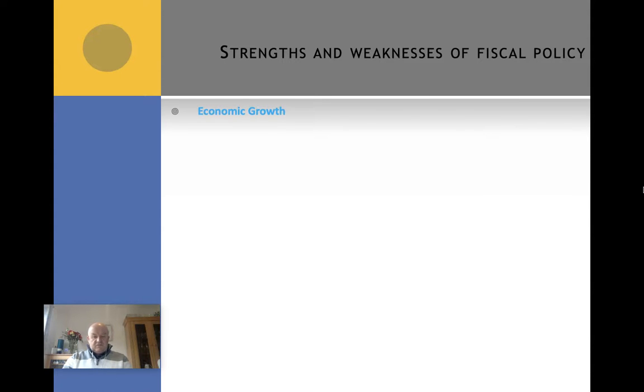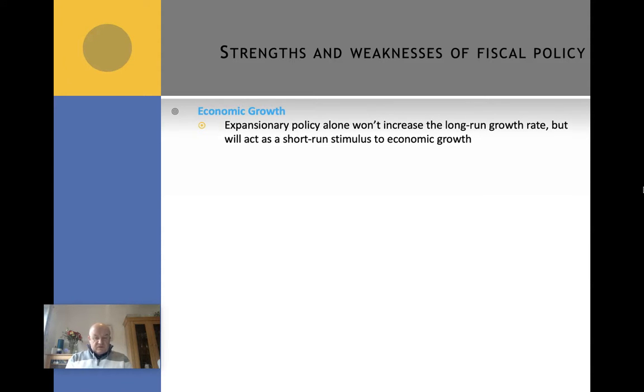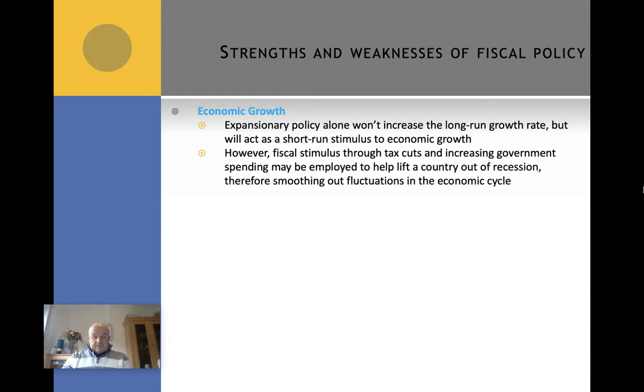Okay, so economic growth. Clearly, one of the issues we've got to think about is that expansionary policy won't necessarily increase long-run growth rates, but it should definitely help to achieve it in the short run. So it will definitely act as a short-run stimulus to economic growth. But if we're thinking about tax cuts and increased government spending, that might also help to lift the country out of recession. So that could smooth out any fluctuations in the economic cycle. So there's clearly some good reasons for considering fiscal policy as a powerful